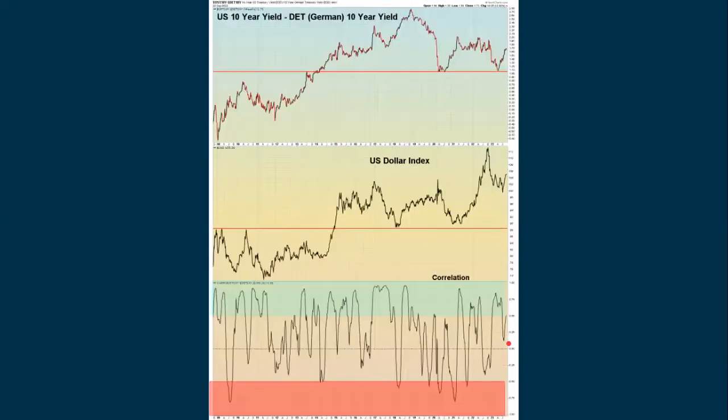Then we look at the US 10-year yield, and we subtract the German 10-year yield, and that gives us a result that we can plot up here. And believe it or not, there are times when we look at the next section down, we can compare that to the US dollar index, where sometimes, looking at the bottom area, there's a strong correlation between the two. It is getting stronger, but we're not up into this blue area at least yet,